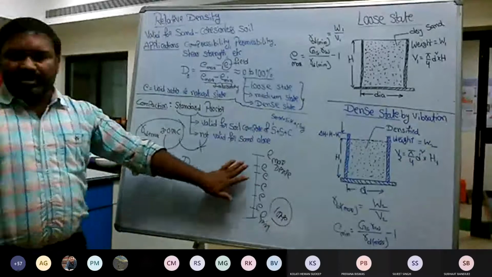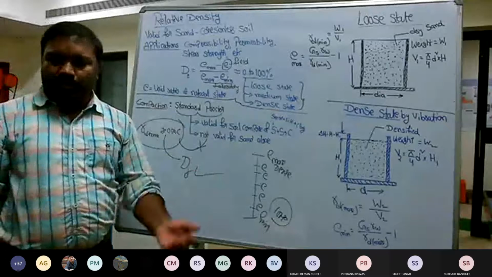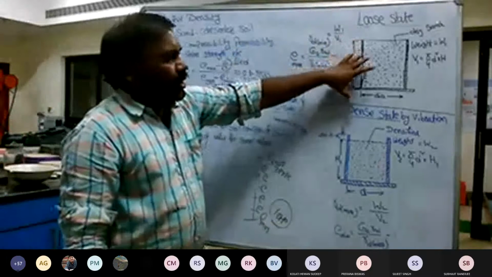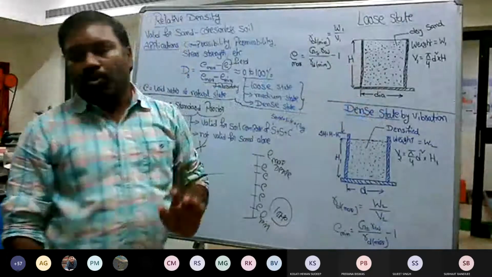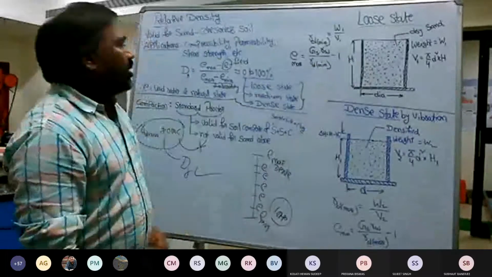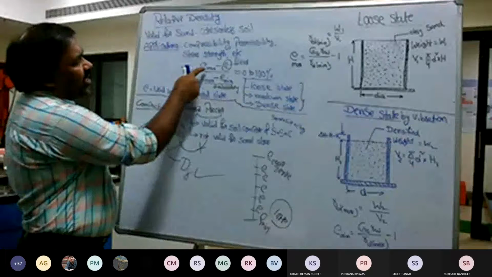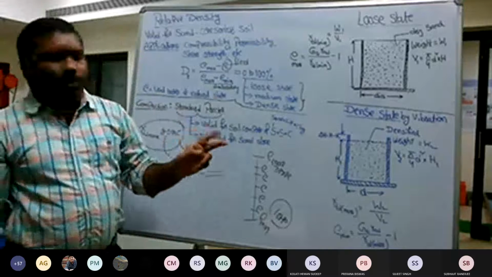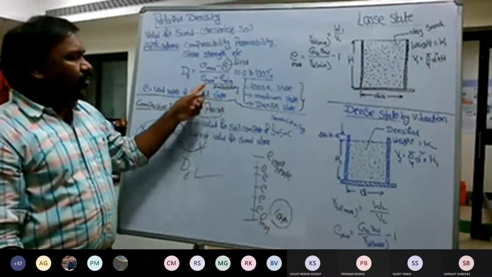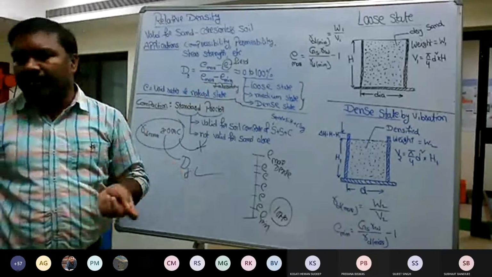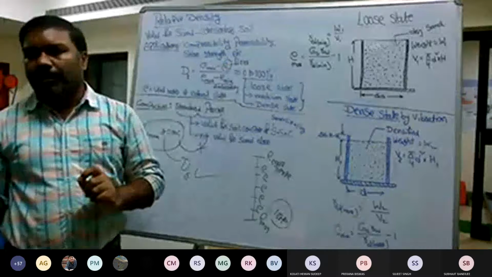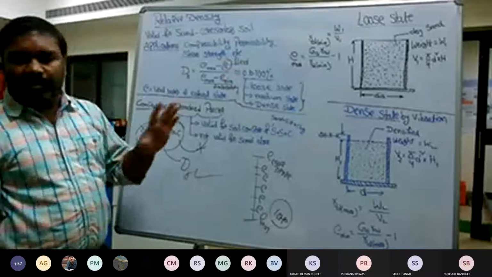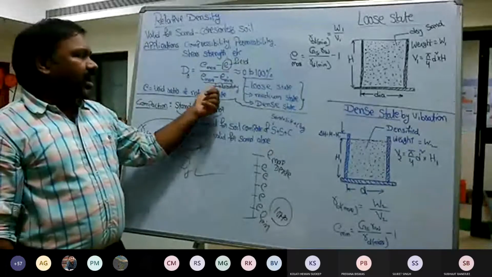Okay, now having said this much, let us come to how to determine the relative density. Here I have given the schematic of the mold so that we can easily see it. Here I have also given the basic definition of Dr: e max minus e by e max minus e minimum. Today we will determine only e max and e minimum, because as I told, only these two parameters can be determined in the laboratory. e shall be determined from the field, so nothing to do with the e value. Whatever we do today is to determine e max and e minimum.